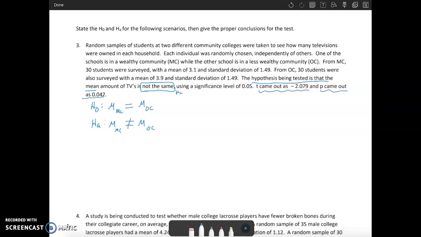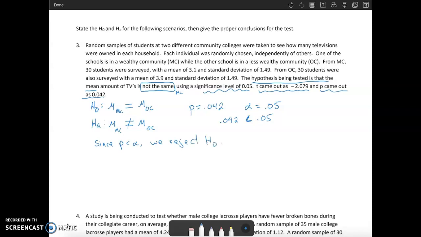The T value is good information to have. A lot of times you need to enter that value as part of your answer, but ultimately the conclusion is drawn based on that P. So notice here we have P equaling 0.042, and remember that the alpha value we are told to use, the significance level, is 0.05. So we have to compare those two. How does 0.042 compare to 0.05? Well, it's less than. So we can say for our conclusion, since P is less than alpha, we reject